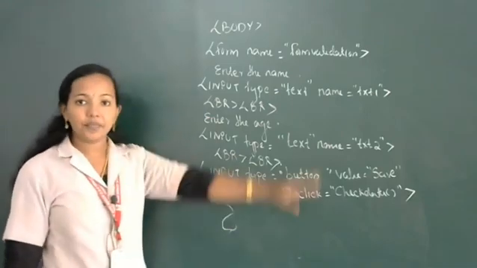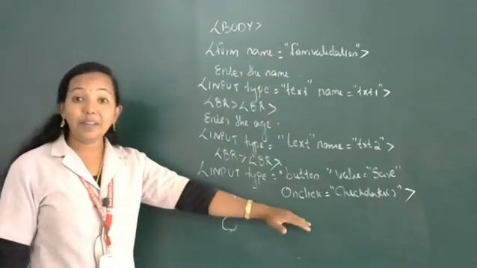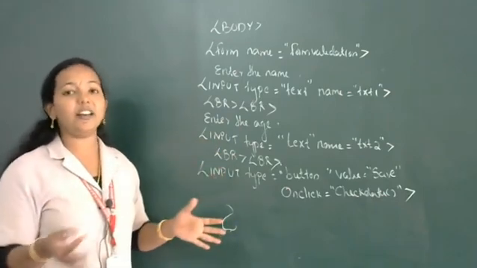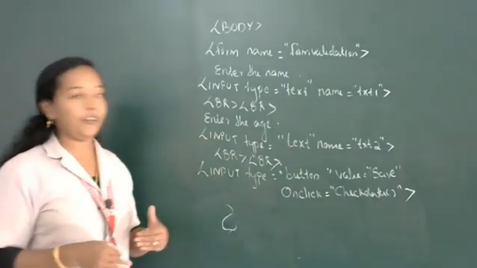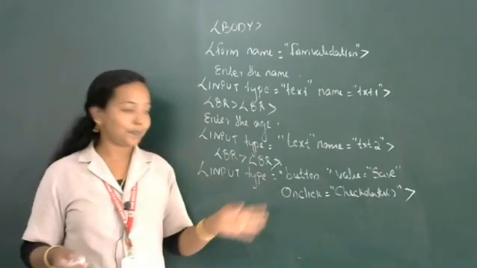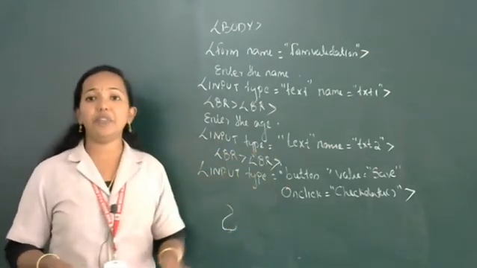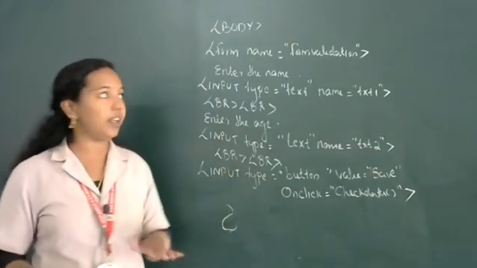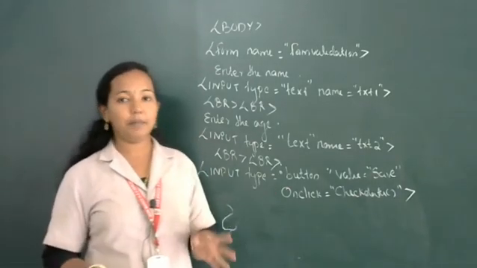So this is the design or alignment, that means the alignment in which manner we are getting the output on the web page. So this is the layout. Then once the form definition is over, we can close the form tag, and after that close the body tag and close the HTML tag.